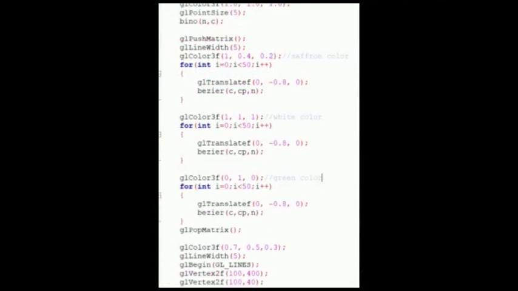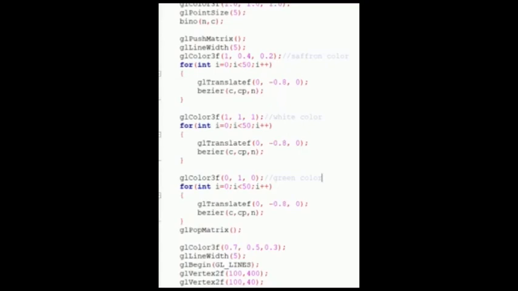To get a better curve and smoothness, we have to do certain things to calculate the proper waveform and the thickness of these control points. To do this, we call the binom function, and along with that we have a push and pop matrix to give the proper wave. In this for loop, i equals 0, i is less than 50, i plus plus. So it will be executed 50 times.